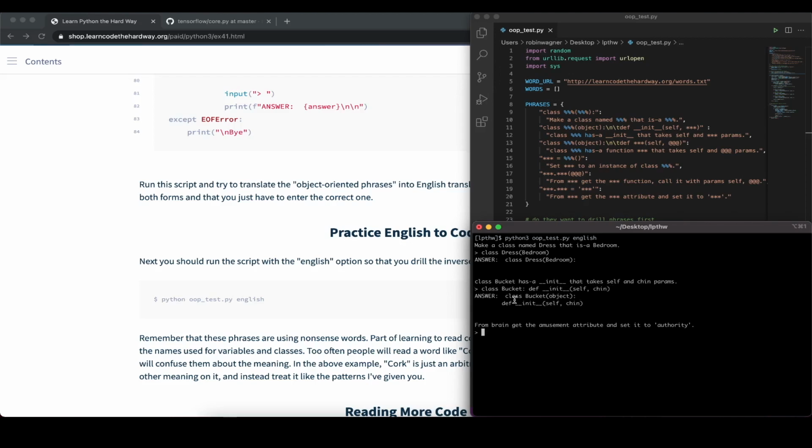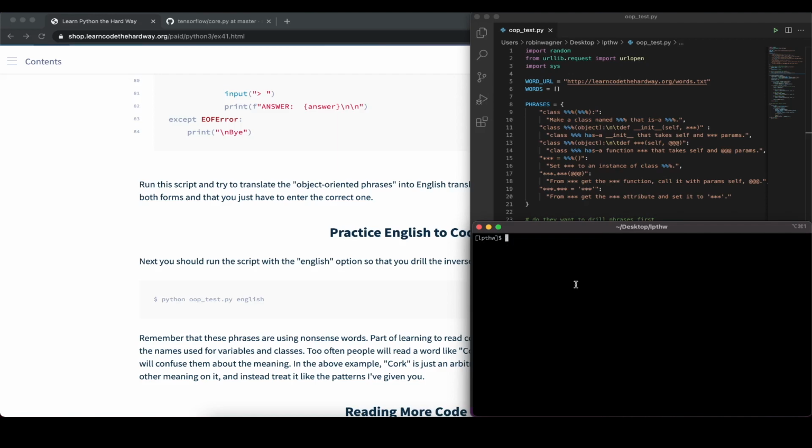Yeah, so that's basically what we wrote here, class Bucket, and then def __init__(self, ...). And we could continue like that and basically test ourselves. And when we are done, we can just press Control D to exit that. But that can be really helpful, a good program to test ourselves and to get some practice on how we would write out some class definition, for example, or some objects, for example, that we can create based on that,